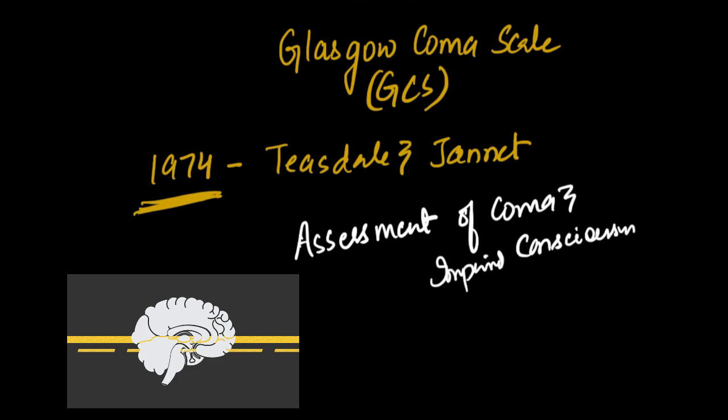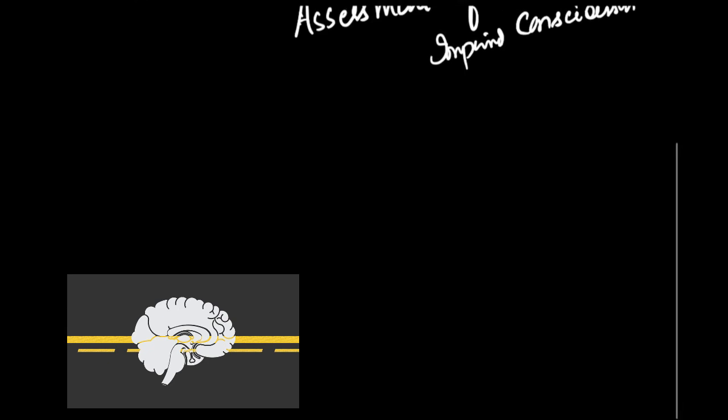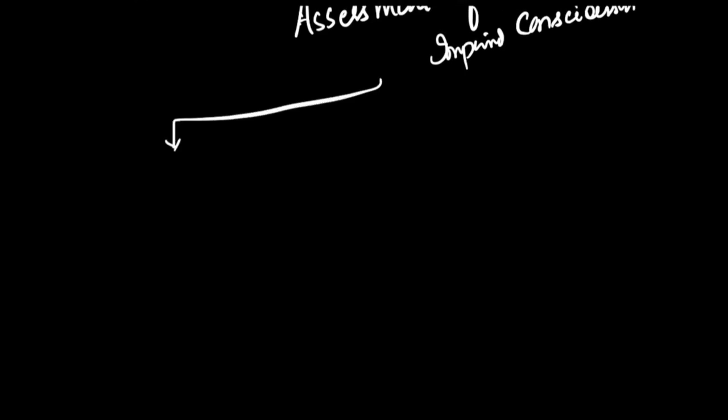We should keep in mind that it is a practical scale which is used in patients who are comatose, in order to identify their conscious level, especially in ICU patients or in patients who are having some acute medical or trauma cases. Also, it is used in the hospital for patients who are coming in the emergencies. So there are three things which we need to focus on. Let's divide it into three.